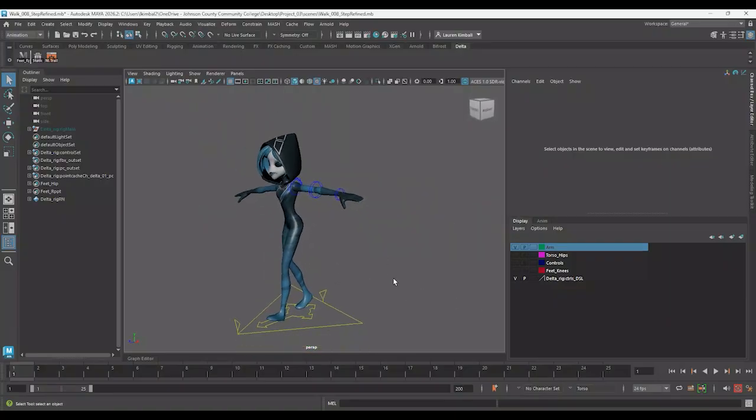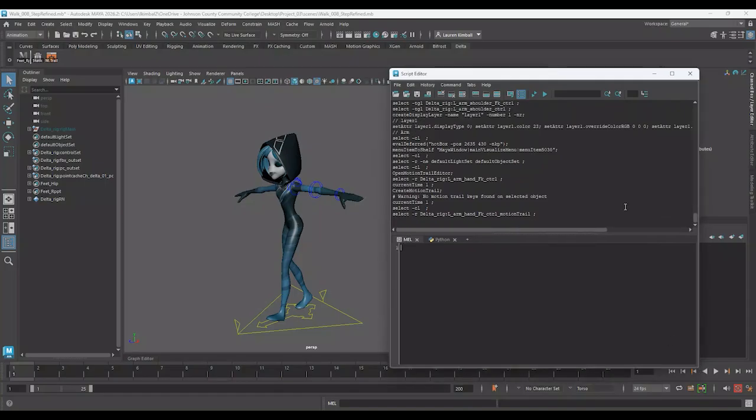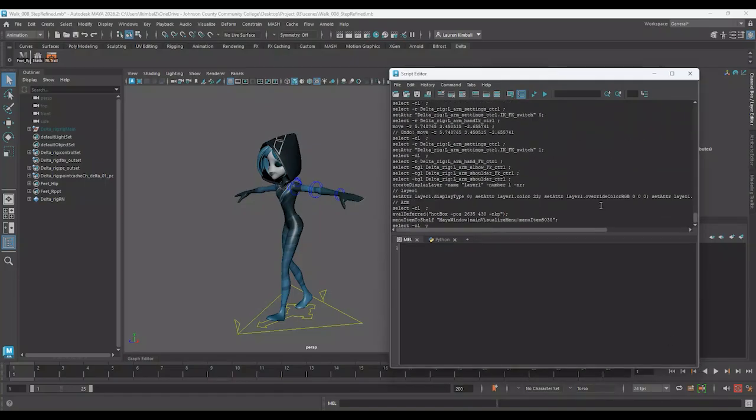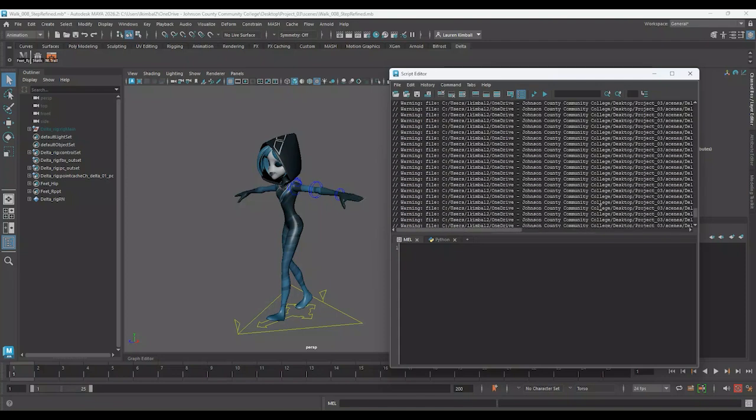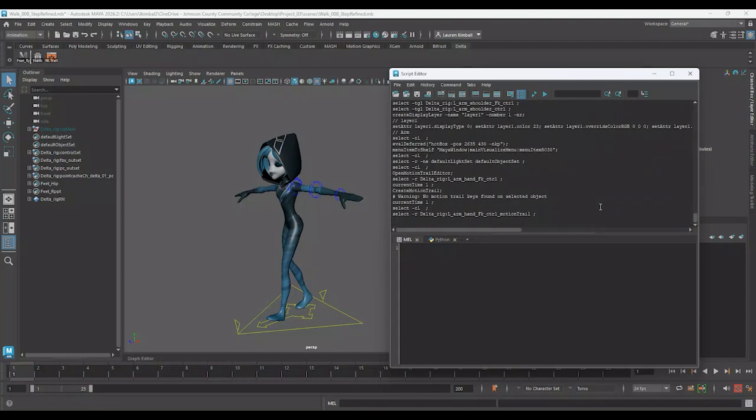The script editor lives in the bottom right-hand corner of your screen. It's down here. It looks like a semicolon flanked by 2 parentheses. Click that, and this opens up. The script editor is basically a log that tells you everything that you've been doing in Maya. If I scroll up, every command that I've made, every time I've opened Maya, every time I've saved something, it's all stored right here in the script editor until I close out of Maya, open up a new scene, or